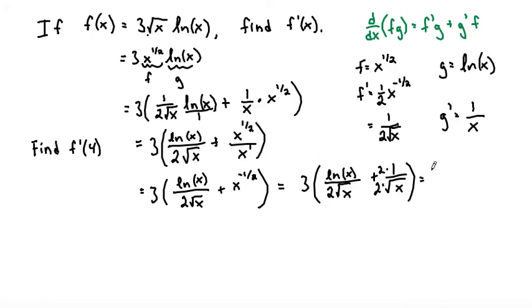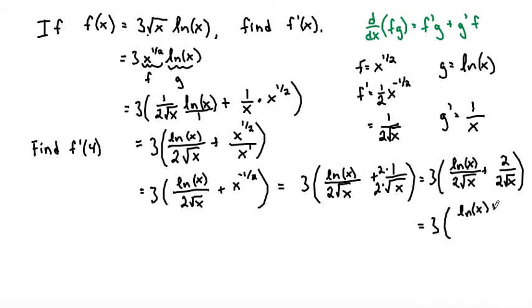we would get 3 times ln of x over 2 root x plus 2 over 2 root x, which then, adding those numerators and leaving the denominator the same, is 3 times ln x plus 2 over 2 root x. And then lastly, we can multiply top and bottom by root x to get that out of the denominator. So times root x